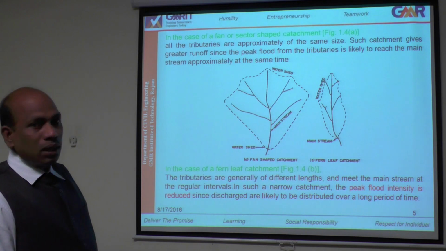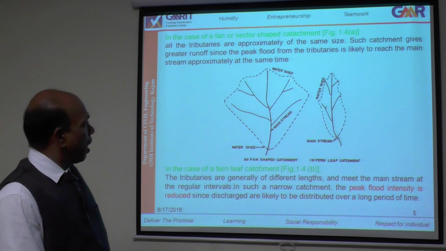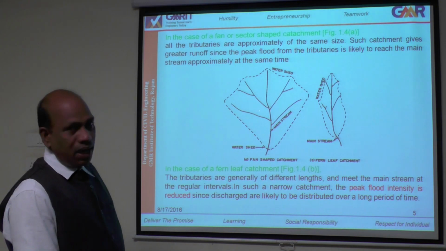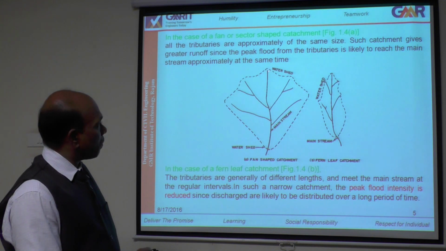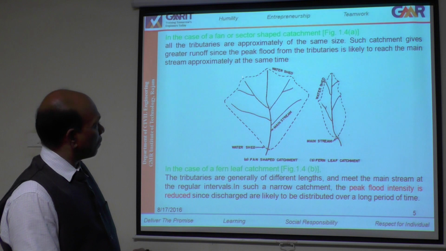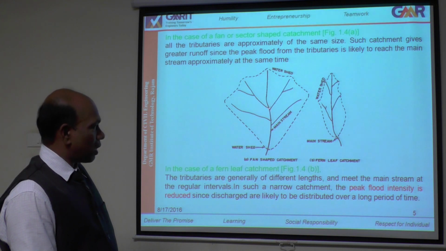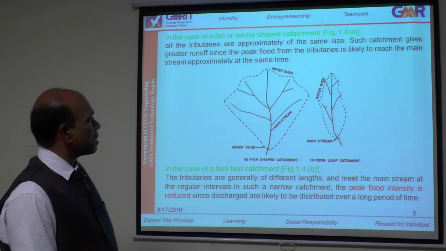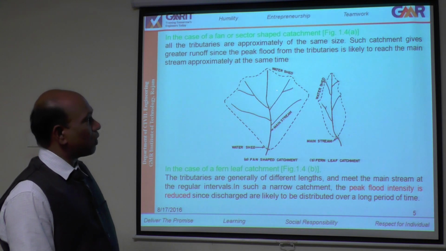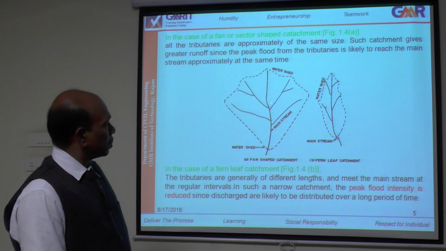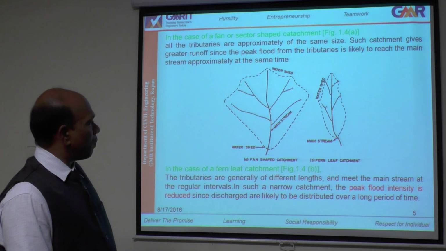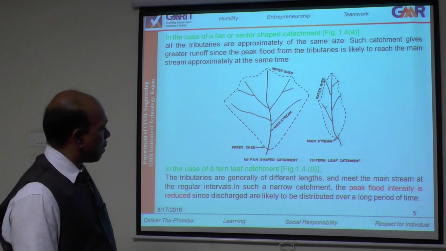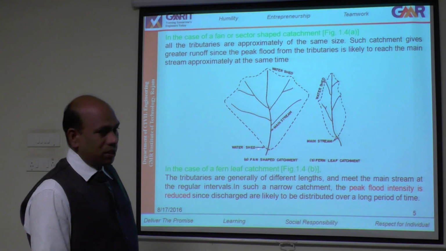In this case, once the rainfall falls over this catchment area, the water takes 1 hour to reach from this point to this point. For example, this point to this point also takes 1 hour, and this point to this point also takes 1 hour, because the tributaries are equal lengths. So the runoff into a particular stream is too high, whereas in case of a fan-shaped catchment,